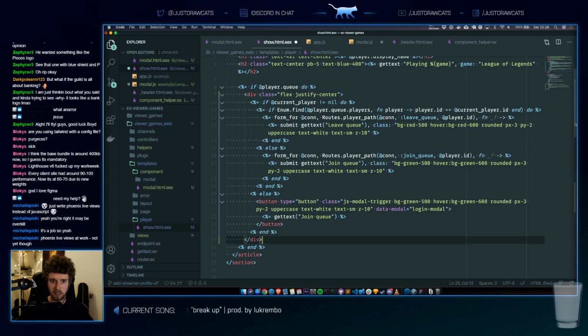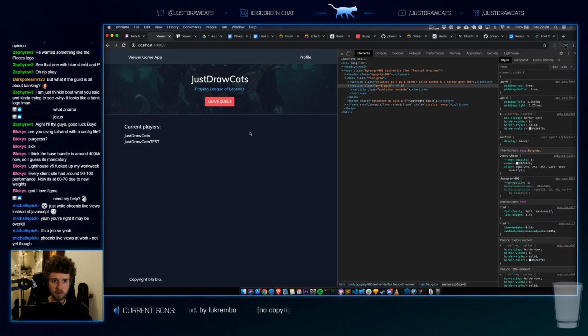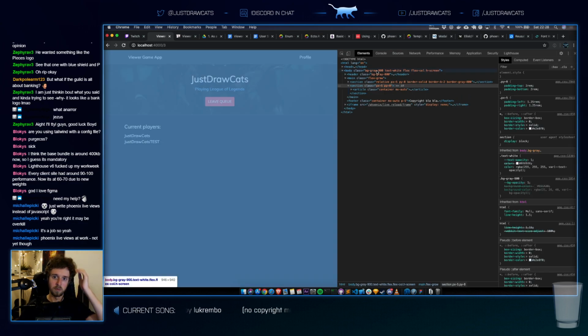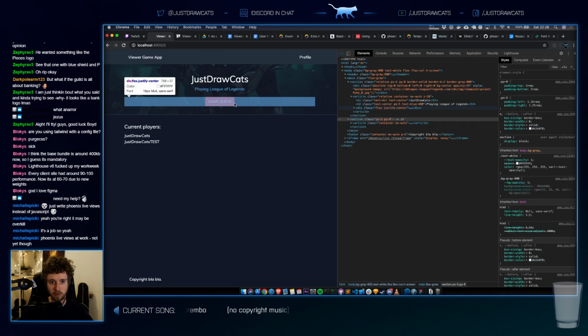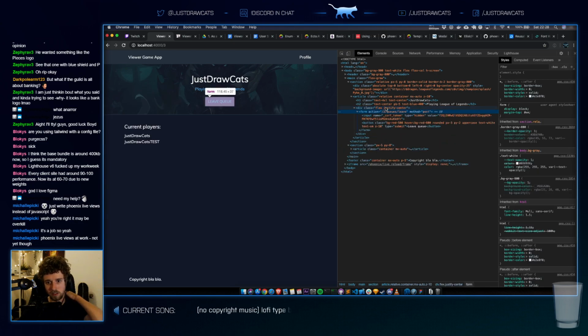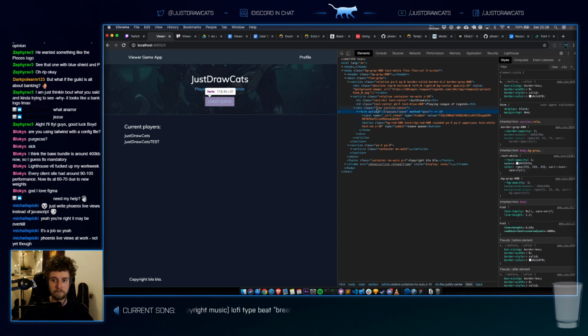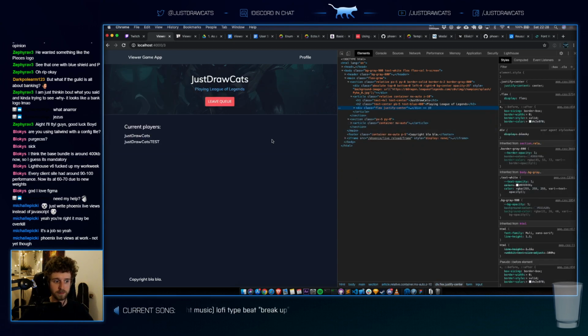This works. Does the other one work? Yes, because the form will just take the size of the button. This one is full width, but this one isn't, and then this one also isn't. Just fine. Phoenix LiveViews at work.